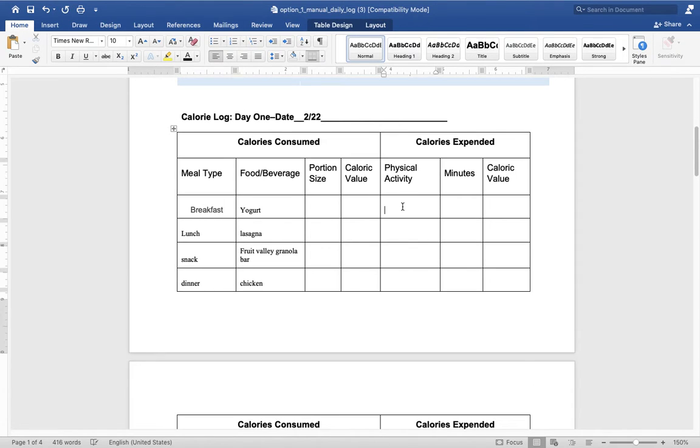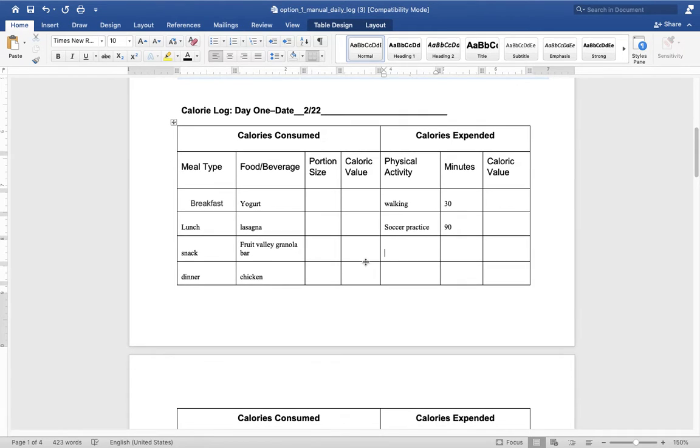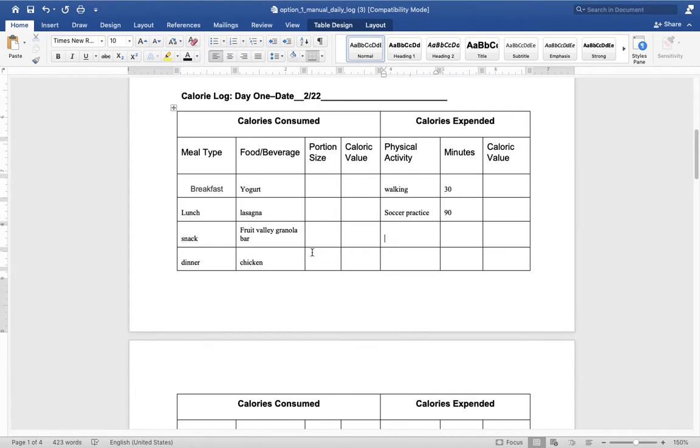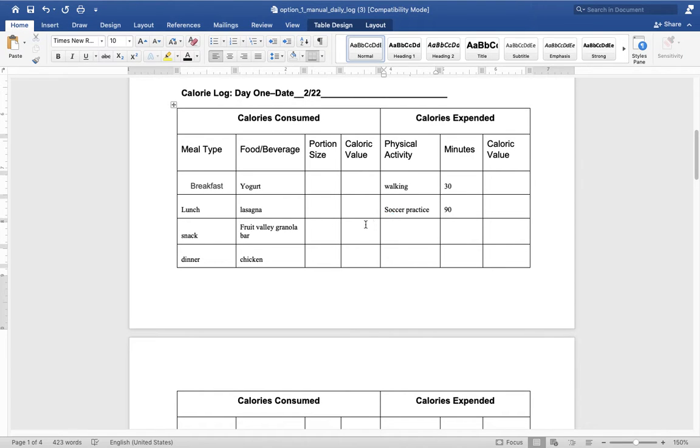Okay, so now I'm also going to go and put in my physical activity. So I did some walking for 30 minutes. I had soccer practice for 1.5 hours, which actually that would be 90 minutes. And then let's say that's all I did for the day. So now after I've gone ahead and put down everything that I've eaten and the exercise for my first day,